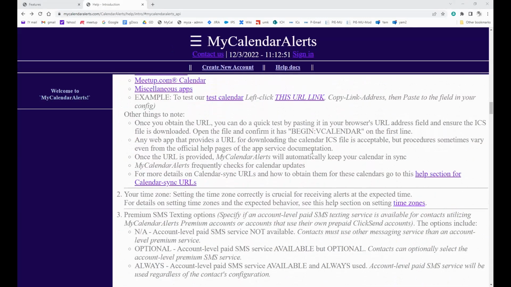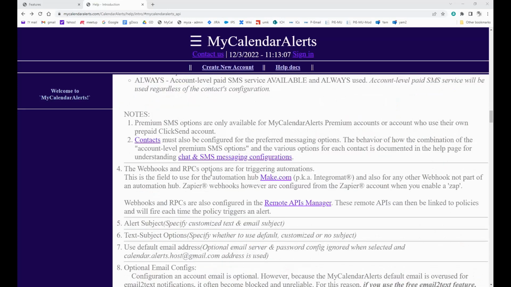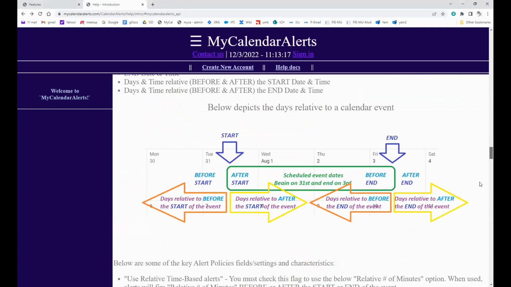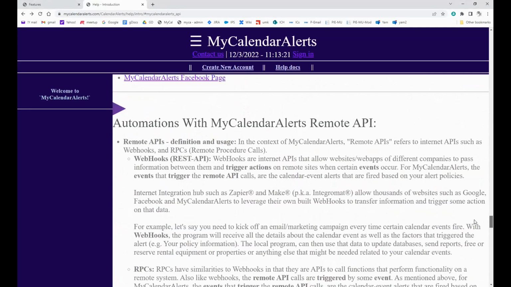Scrolling down, the next field is the time zone. Without this, your alerts and automations won't execute at the right time. So this is very important. The next field, premium SMS texting option, we're going to skip this for now. And the next field is webhooks and RPCs. These are remote APIs. But we're going to, for now, scroll down towards the bottom, and there's a pretty extensive